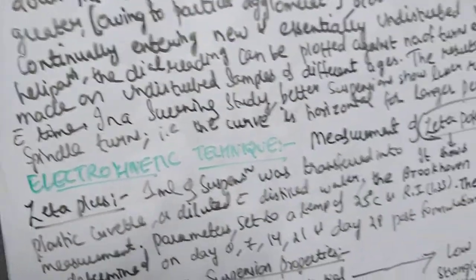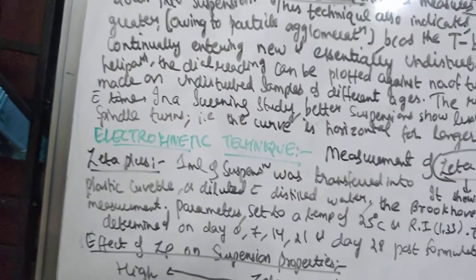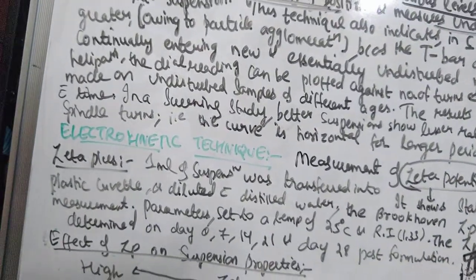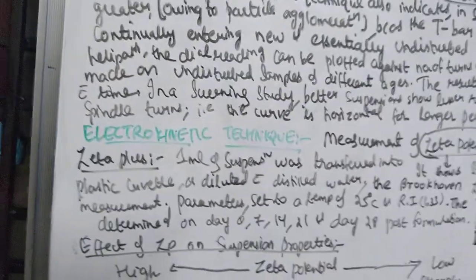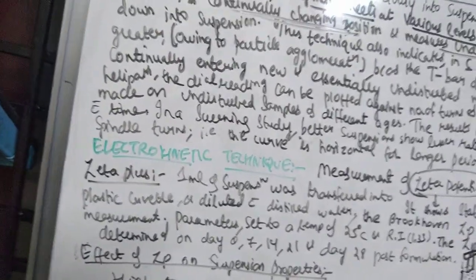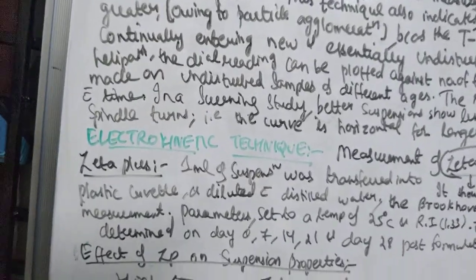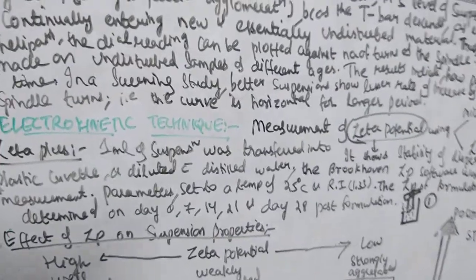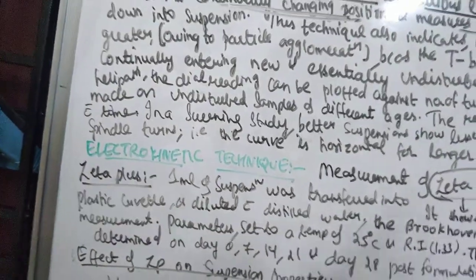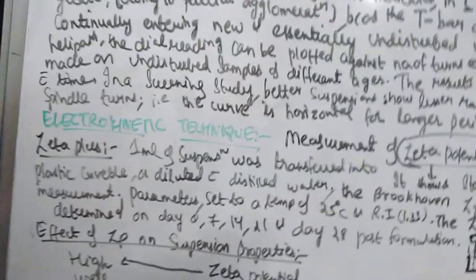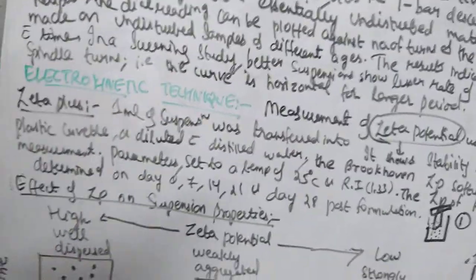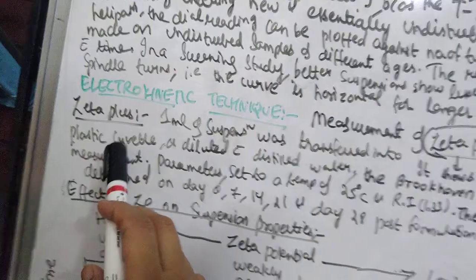So coming to the working of Zeta Plus. You can have a look at it. It will look just like any other spectrophotometer. You will have a cuvette, you will place your sample, and there will be software which will give you the zeta potential reading. If you observe the UV spectrophotometer, it works like this only. You have a cuvette, and whenever you switch on the power, light of a particular wavelength passes through and illuminates the sample, and you can get the reading. The working of Zeta Plus is similar to that. You will take 1 ml of suspension into a plastic cuvette.